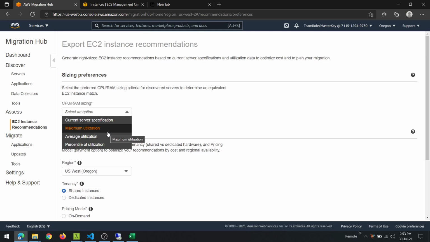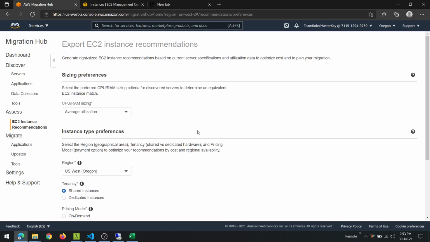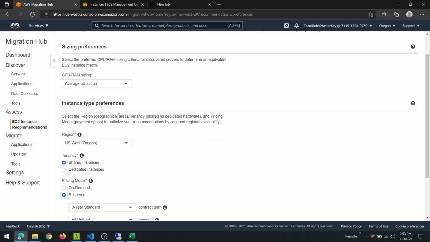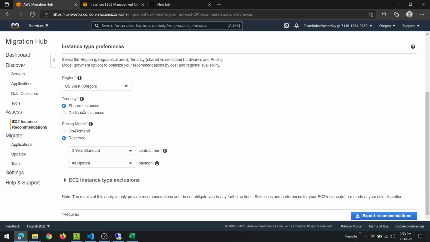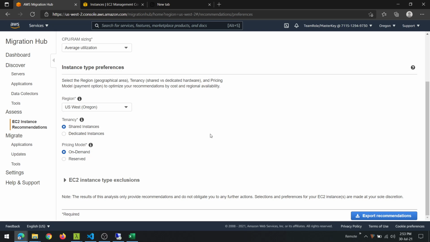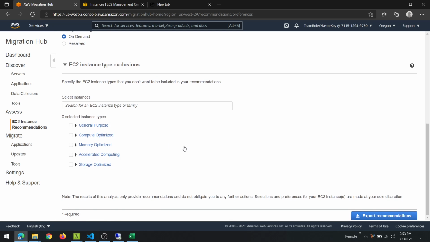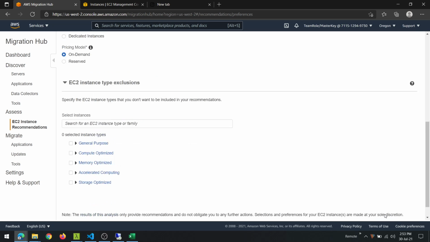So if you have a preference to target a EC2 environment based on the average utilization of your servers, you can select that preference here. You can select which region, whether you want shared or dedicated instances. If you want reserved instances, you can select what type of reserved instance you want. Let's, for the purpose of this demo, select on demand. And if you want to exclude any specific types of EC2 instances, you can specify that here,